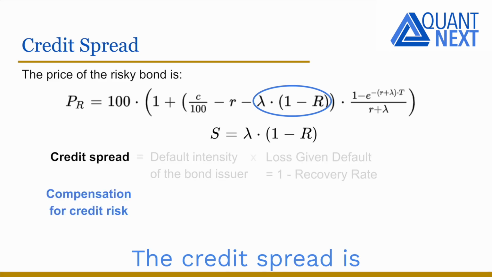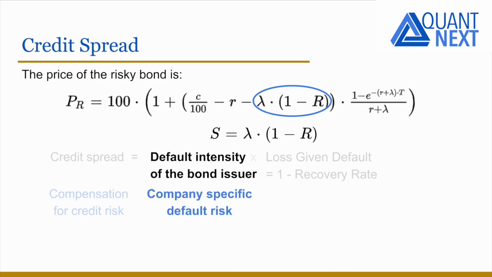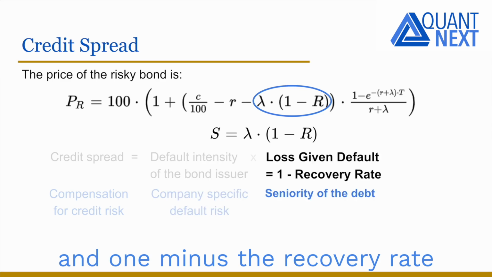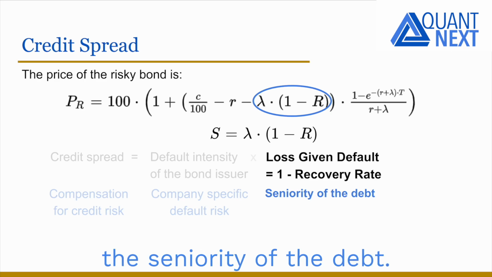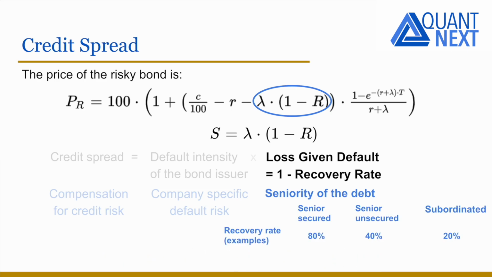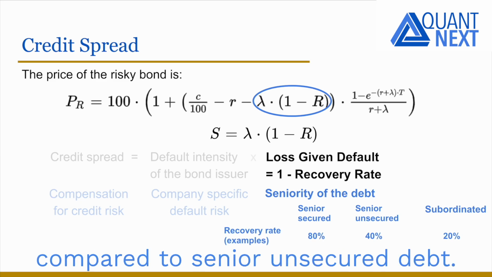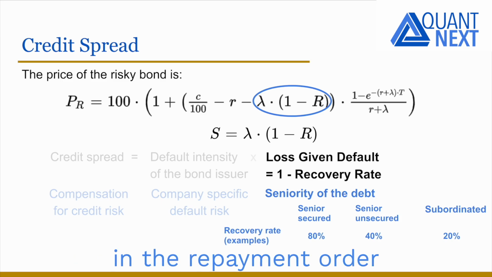The credit spread is a compensation for bearing a credit risk when purchasing the bond. The default intensity is a measure of the company's default risk. 1 minus the recovery rate is the loss given default. It depends on the seniority of the debt. A senior secured debt will typically have a higher recovery rate compared to a senior unsecured one. A subordinated debt will have a lower priority in the repayment order in the event of default, with a lower